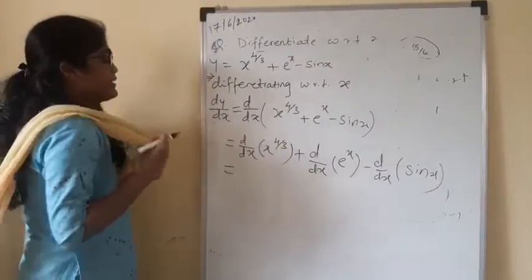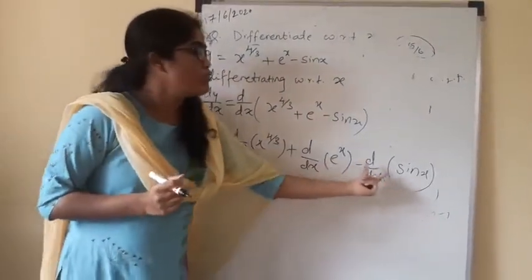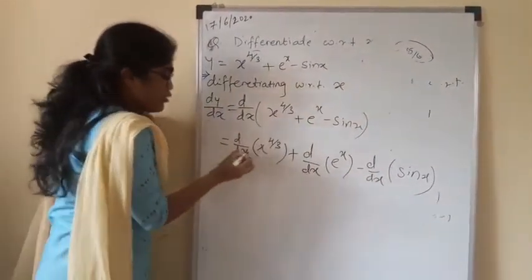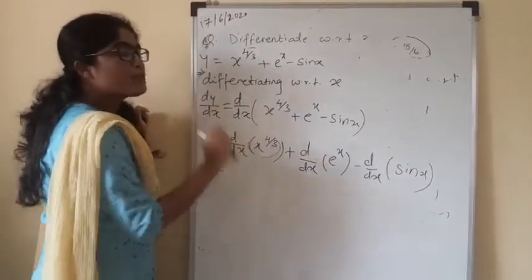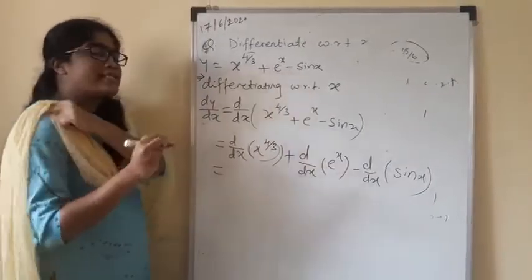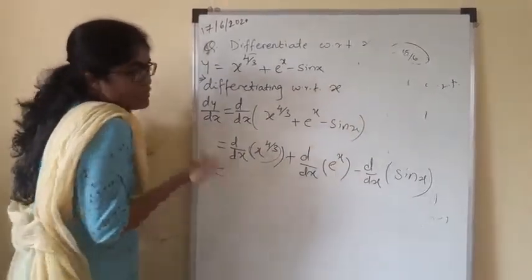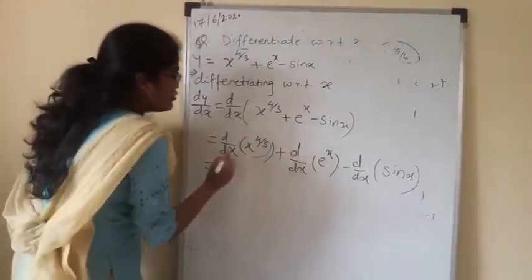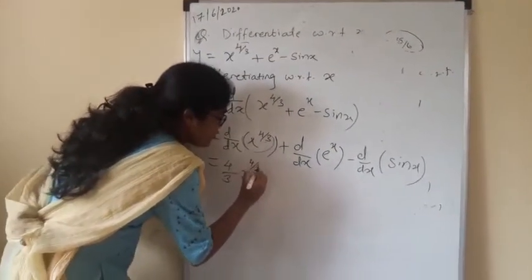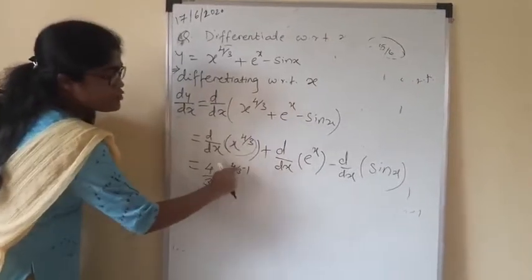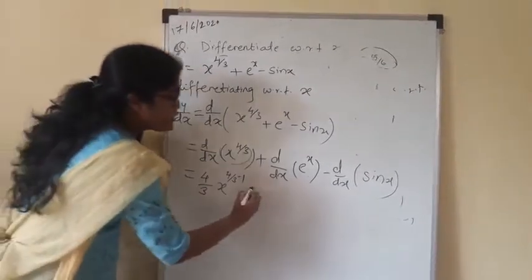Now after separating, we will take the derivative separately. Now d by dx of x raised to 4 upon 3. Again we are going to use that result, x raised to n. I am not going to write that result again, so we will directly find its derivative, n x raised to n minus 1, plus